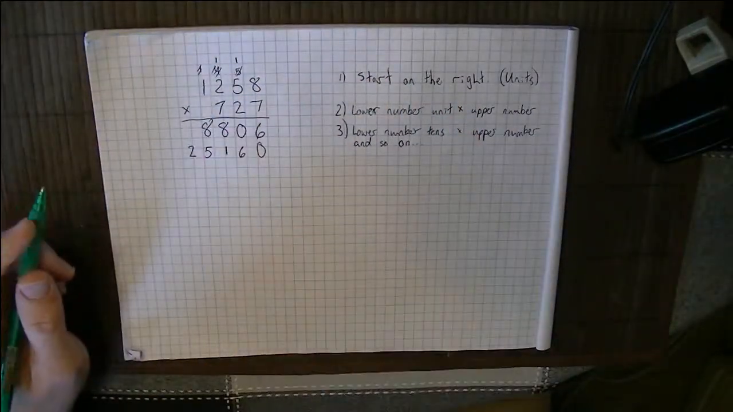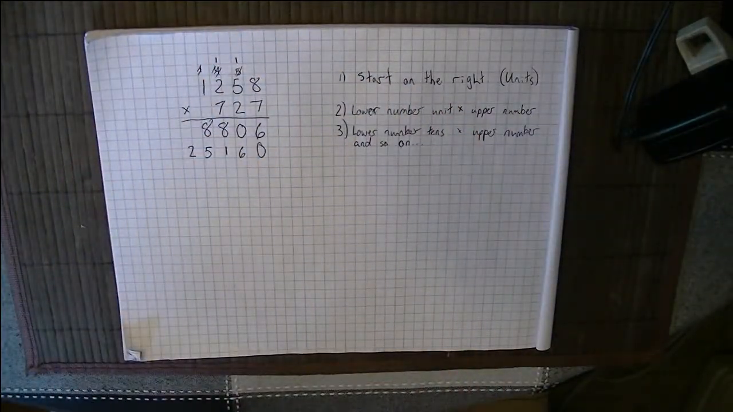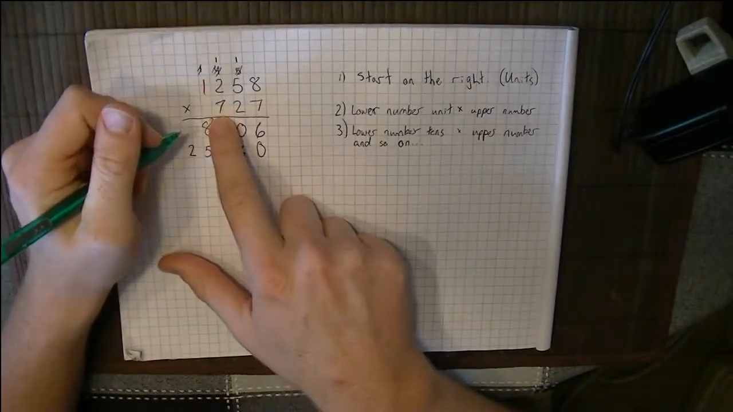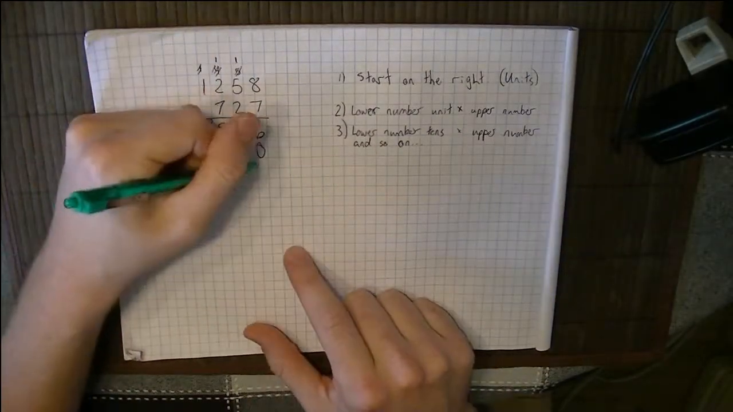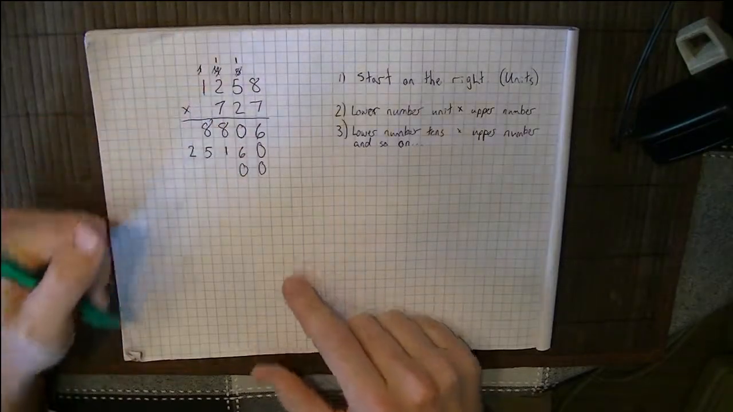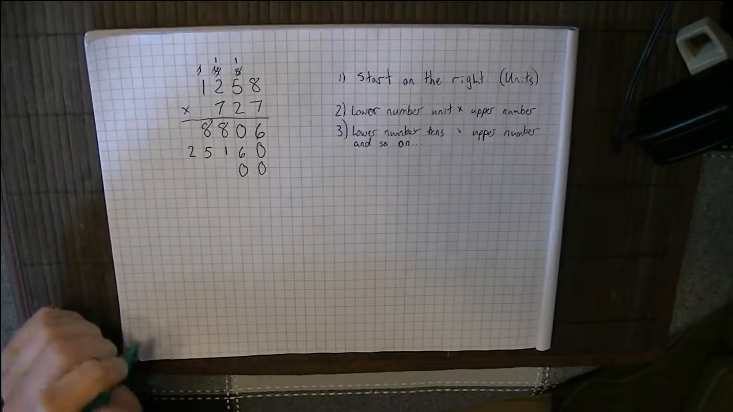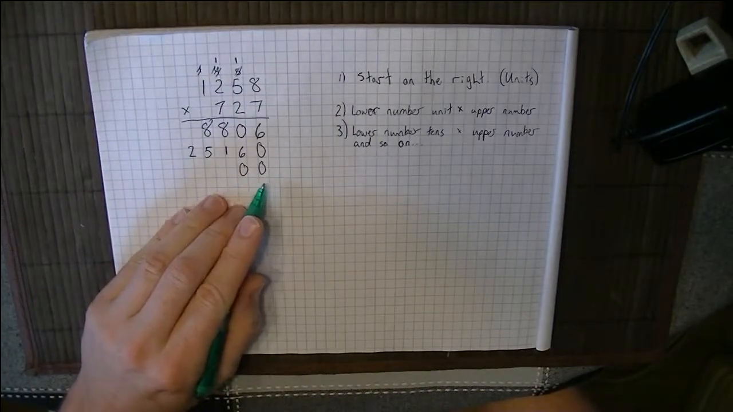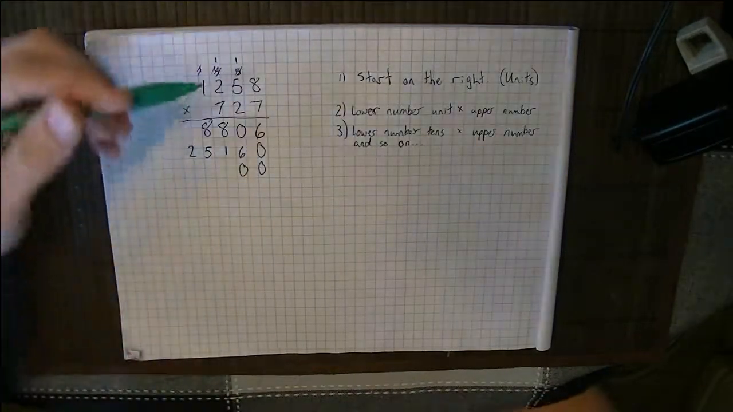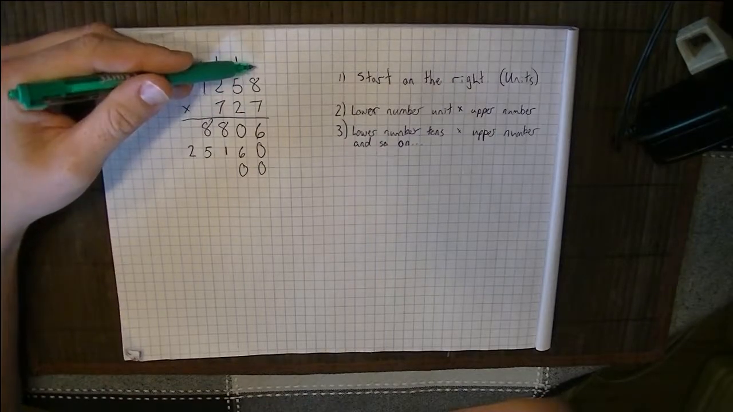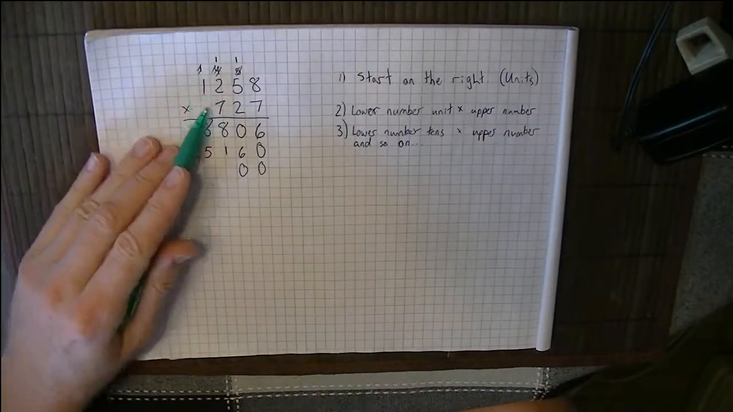Just each successive, right? But remember, this is 700, so I need to put in 2 zeros, because when I multiply by 100, there will always be 2 zeros in the units and the tens column. So now, 7 times 8, well, notice